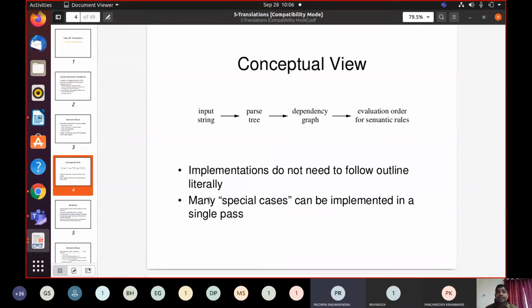Dependency graph is something like this. Let us assume x equals y. If you want to evaluate x equals y,